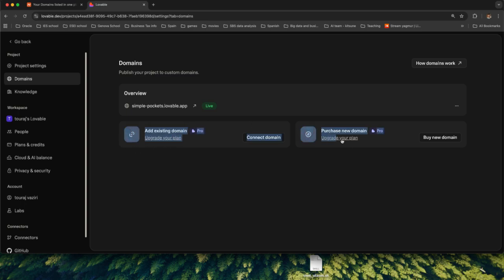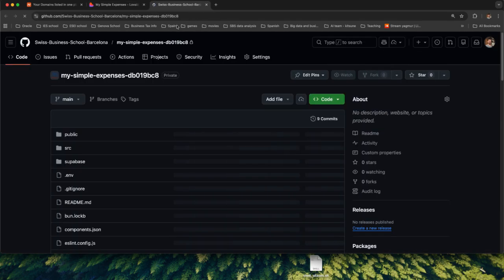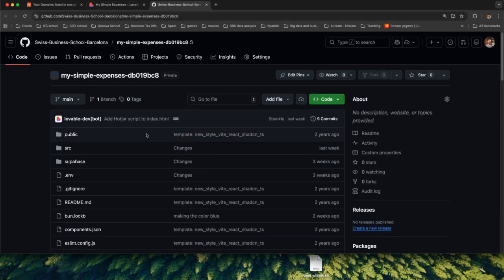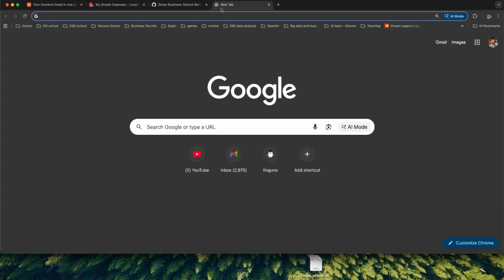If you don't want to go this route, I don't know what happens if you stop paying. I think maybe your domain would stop working, so you have to keep paying monthly. I think so, I'm not sure, but you can do it differently as long as you have deployed to GitHub. Remember, I have another video that explains how to connect it with GitHub. All you need to do is have it on GitHub, and as long as this is the latest code, which it is, what you need to do is use another tool,